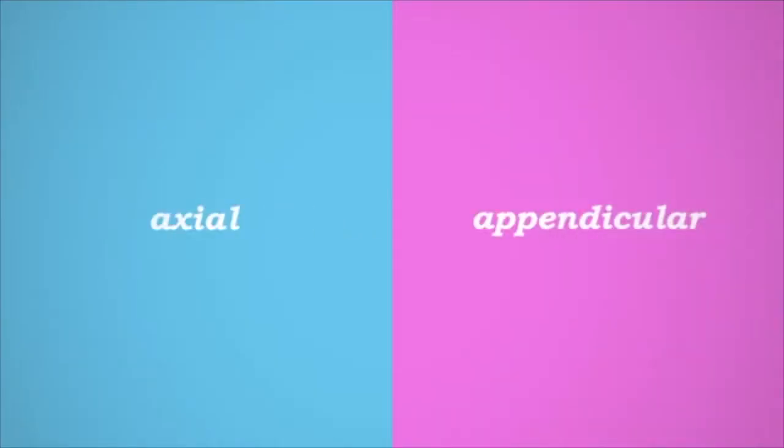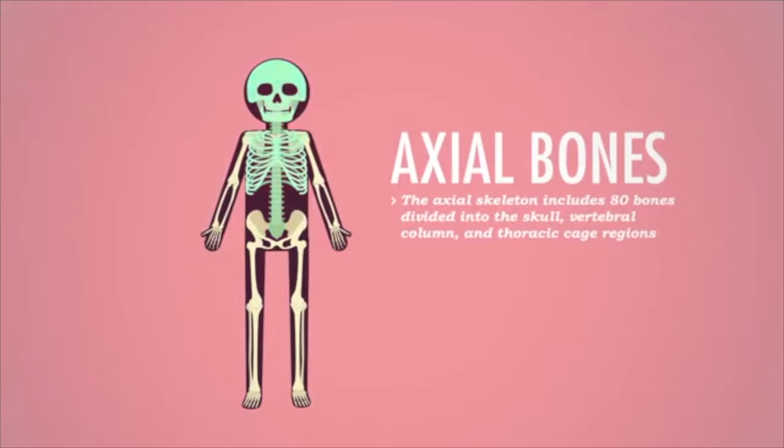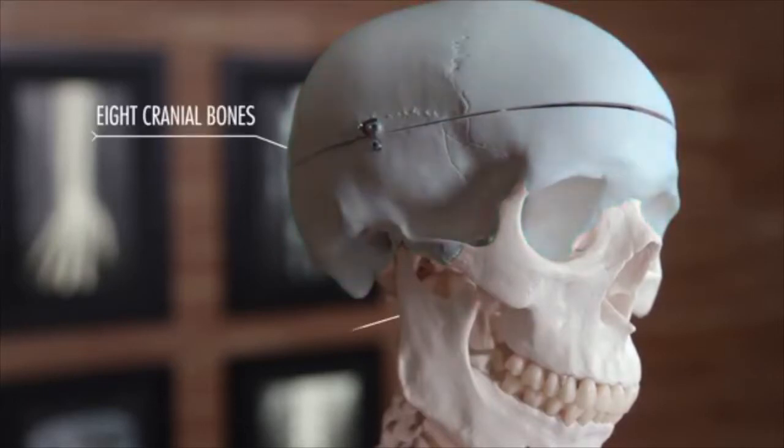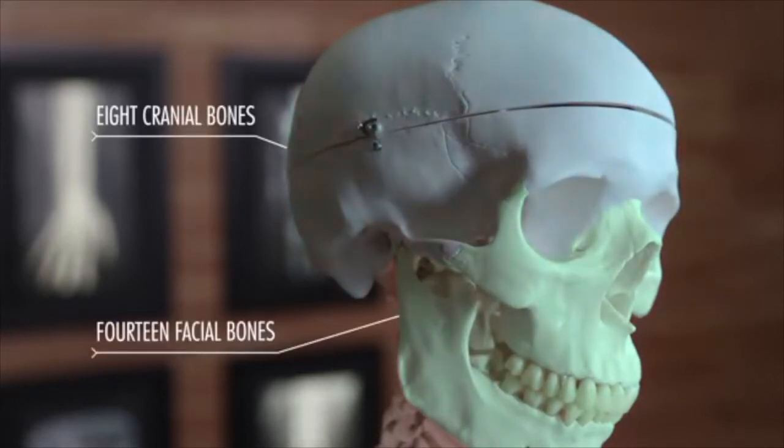You'll recall that anatomists typically divide the skeleton into two major parts, the axial and the appendicular. The axial structure includes all 80 midline bones that form your skull, vertebral column, and thoracic cage. Starting at the top here, your skull's 8 cranial and 14 facial bones form your body's most complex bony structure, coming together to do some pretty great things like protect your brain, help you see, smell, hear, eat, and